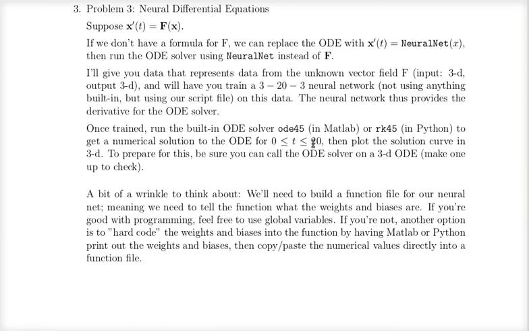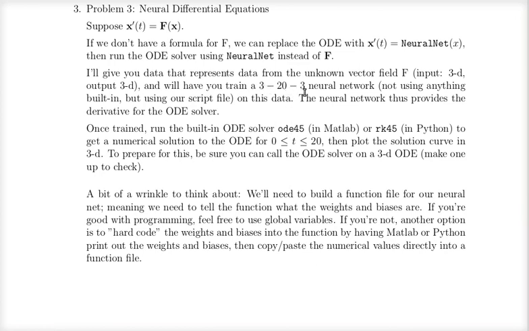Notice the size of your matrices is going to be fairly big. You're going to have one matrix going from R3 to R20, so that's a 20 by 3, and then another one going from R20 to R3, so that's a 3 by 20 matrix. So you're going to have a couple of big matrices there, but then your biases are only in R20 and R3, so that's not too big of a deal. And then what you want your function file to output is the result of the neural net.